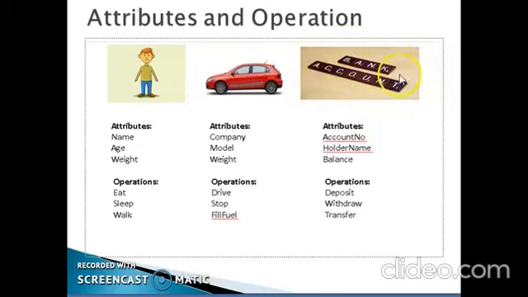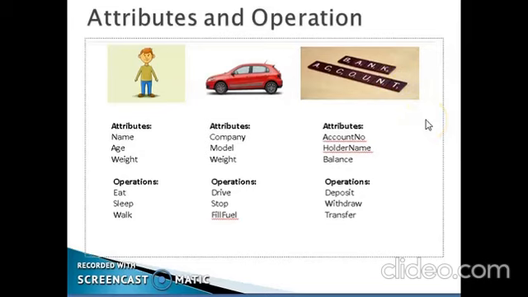So the class here is bank account, and the object over here which I have considered, an account bearing the account number 101, is one of the objects of class bank account. Like that there will be n number of objects. Millions of people will hold accounts in this bank, so this class bank account will have millions of objects. You're getting the difference now between a class and an object.